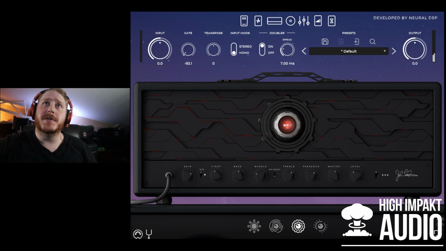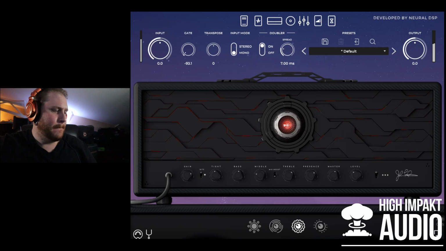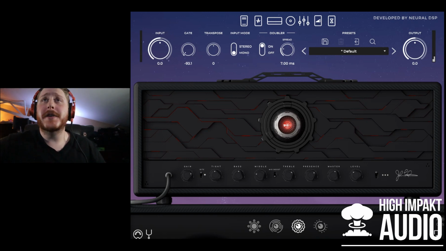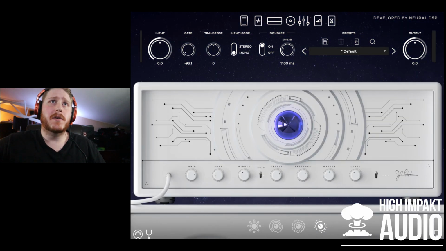And then the mid boost off. And actually, I didn't hear it. It was a very slight difference, if anything. So if I was going to give it more of a mid boost, I'd probably just bump the mids up on the 3-band EQ. And let's go over to the lead channel, which has a soar